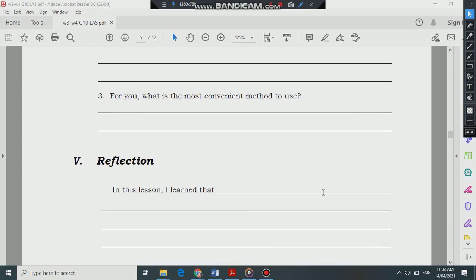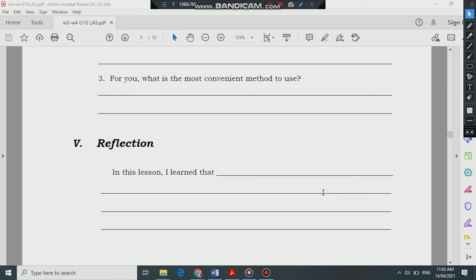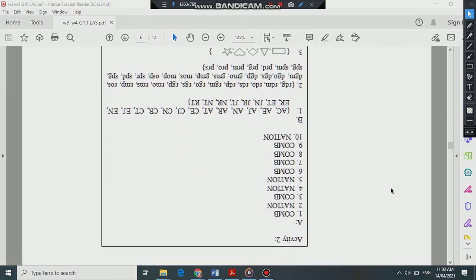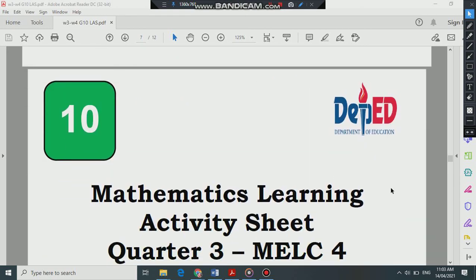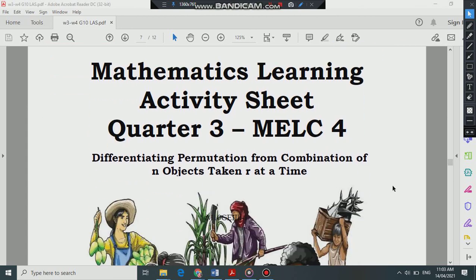And the last part of your learning activity sheet is your reflection. So, what did you learn about the lesson? Do not forget to answer this part. "In this lesson, I learned that..." It is up to you to supply the next words to complete your reflection. So, this one is your answer key. And let us proceed to the next activity, number 4,